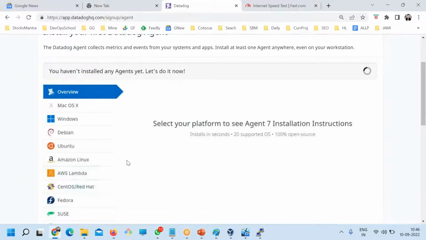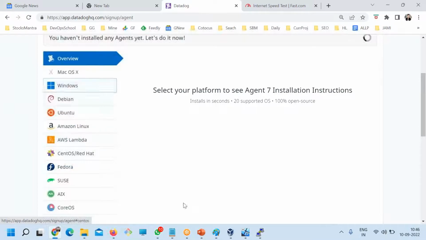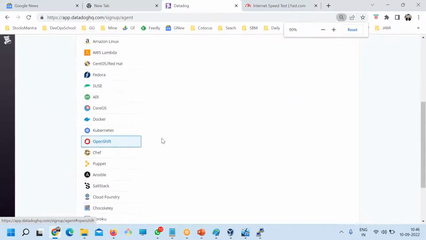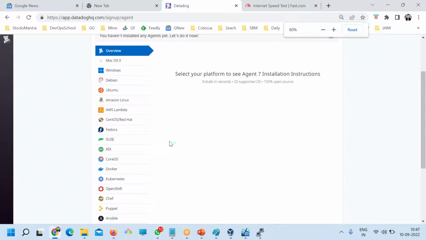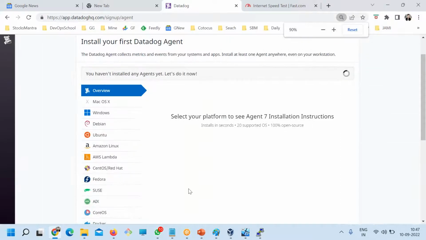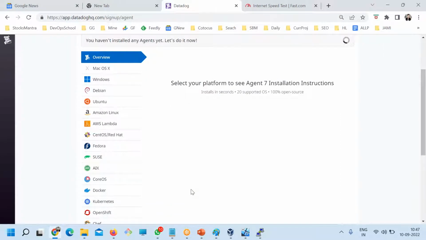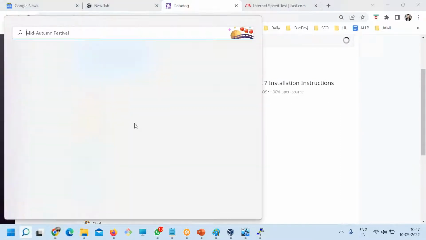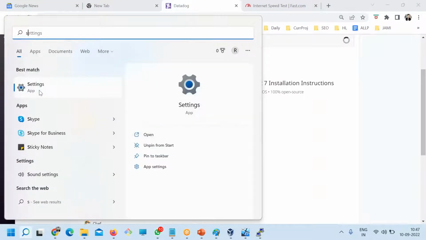Okay, so this is Linux, guys, and here you see that we have a lot of entries, the different options which we have. These are the agents you can install.